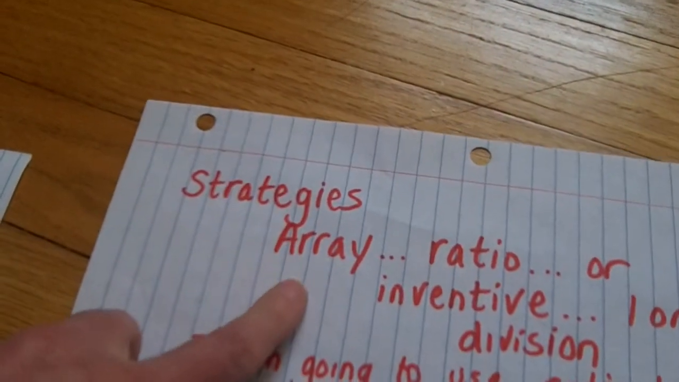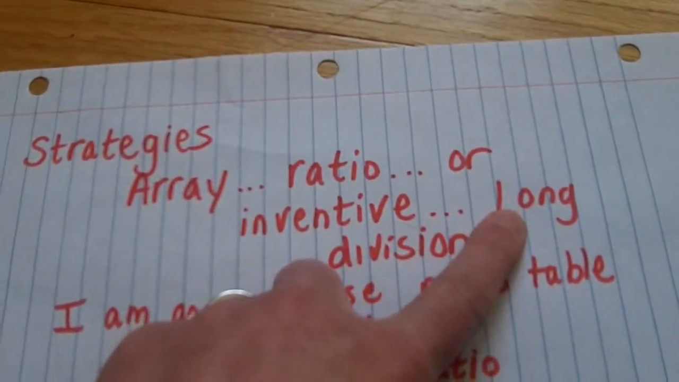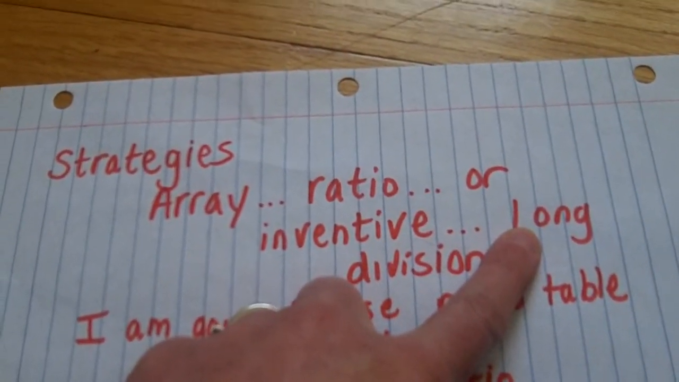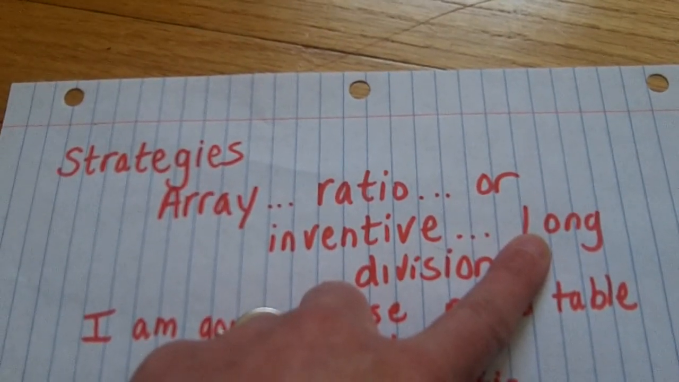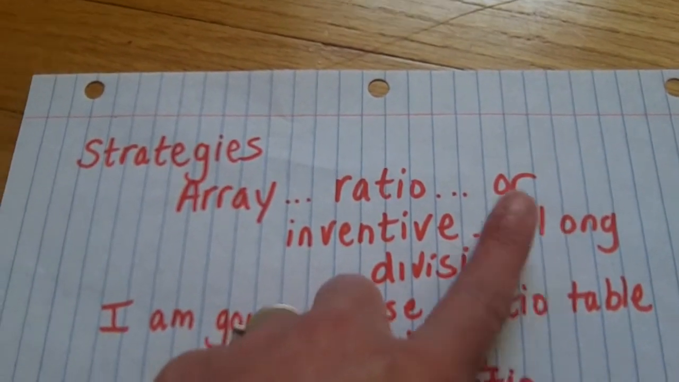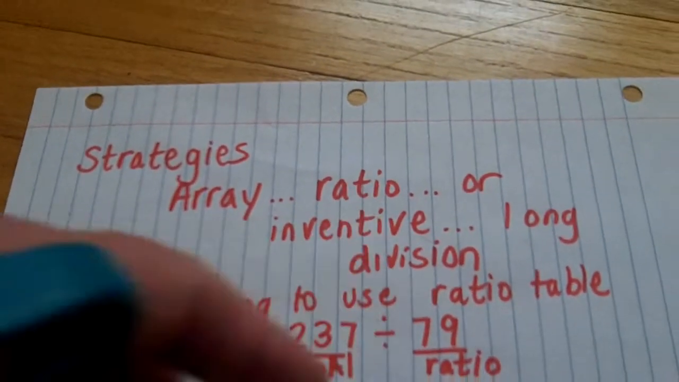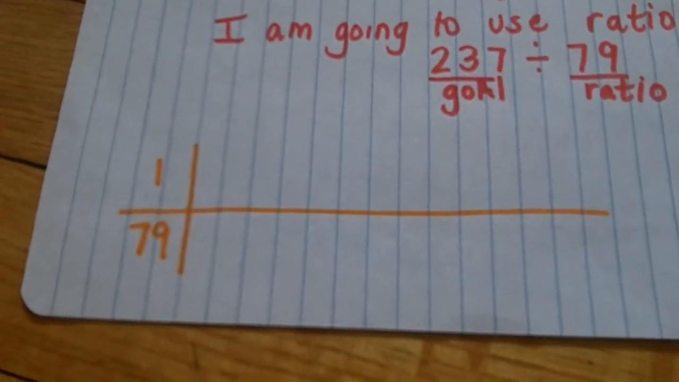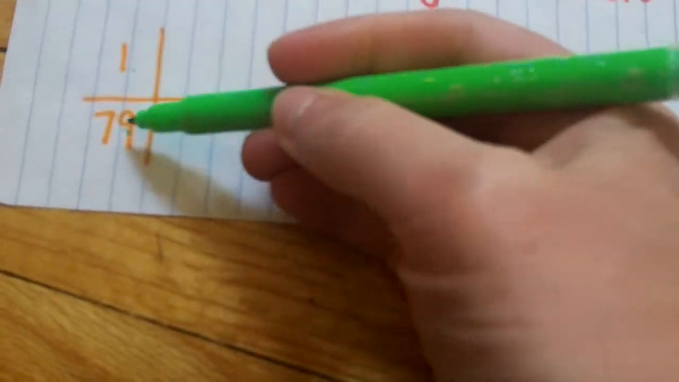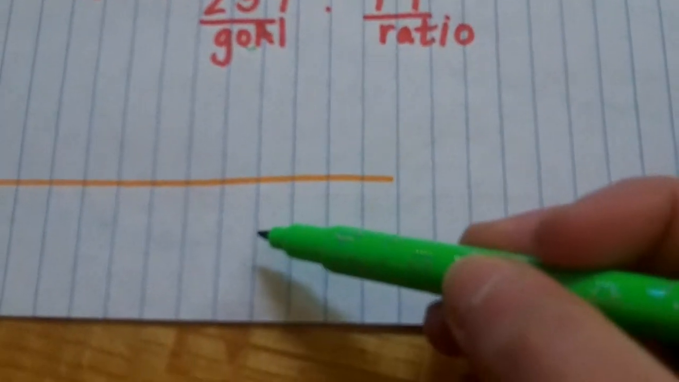with for an array. So unless I know how to do long division, which you have not been taught with an algorithm before, unless some of you know it independently from other rationales, I think I would use a ratio table. That would be my best strategy. So remember that my ratio is 1 to 79. That's my ratio. My goal is to get to